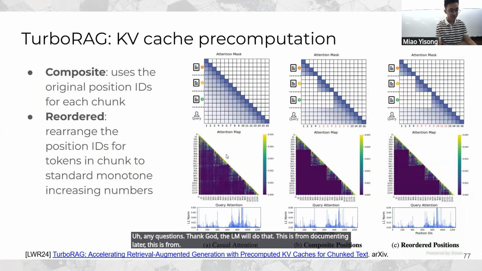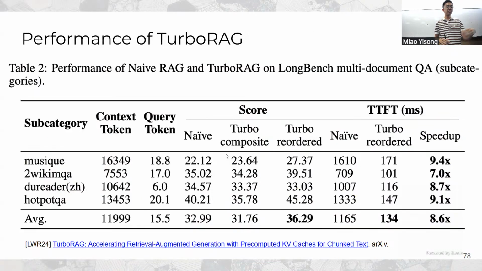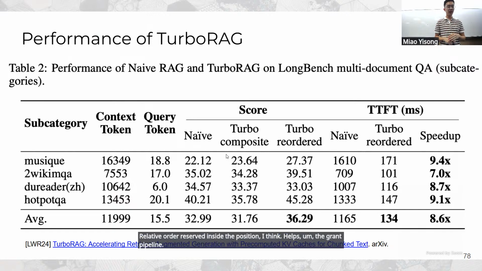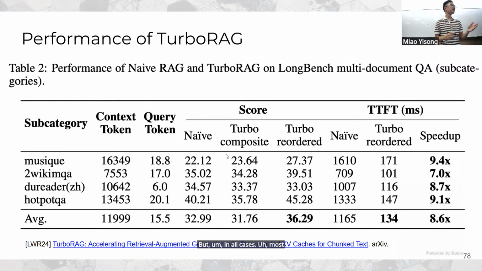Yeah. And the performance shows that it does help, having some notion of relative order preserved inside the position IDs helps the RAG pipeline perform better. But in all cases, the most important part of this paper is the speed up. So for example, of all these